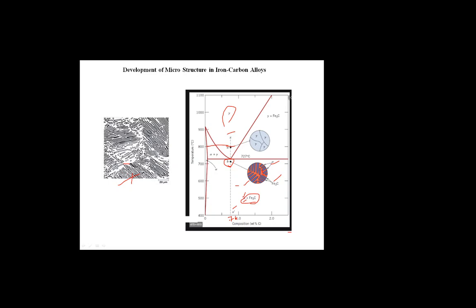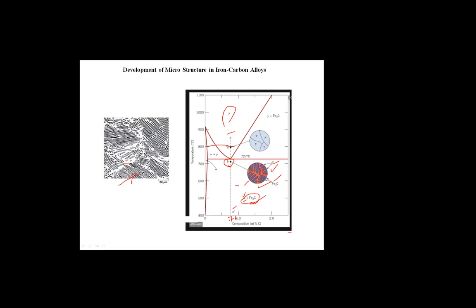The cementite layers are so thin that the adjacent phase boundaries are indistinguishable, and these layers appear dark at this magnification. Mechanically, pearlite has properties intermediate between the soft, ductile ferrite and the hard, brittle cementite. So it has a dual characteristic. And this is the alternating alpha plus Fe3C layers in the pearlite form.